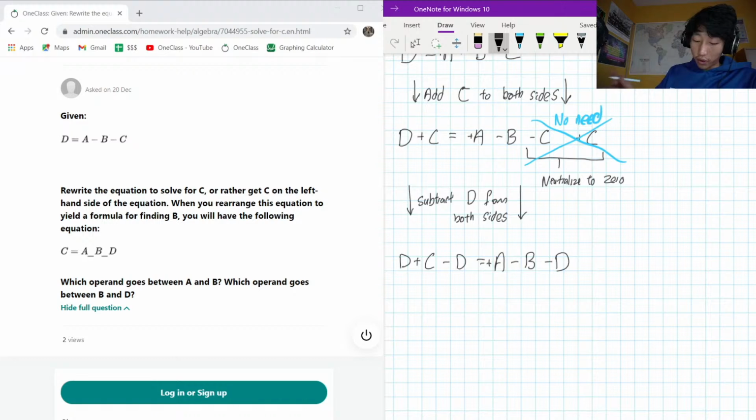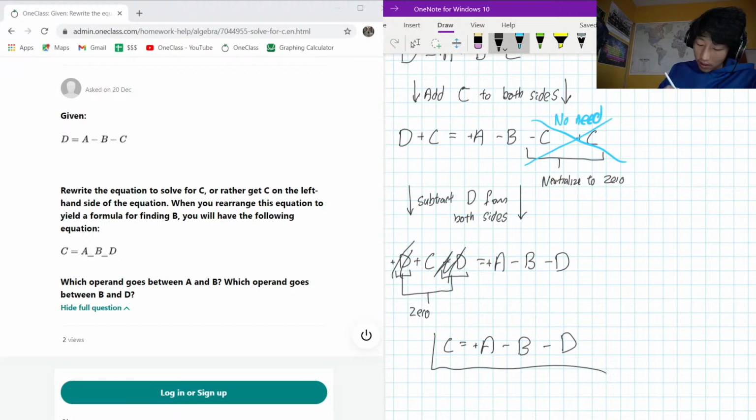Okay, so as you can see here, the D here and the minus D, so this is pretty much plus D minus D, they will 0 each other out, and we can just cross them out like this. So we can rewrite this as C equals positive A, minus B minus D. And this will be our final answer. Final answer,